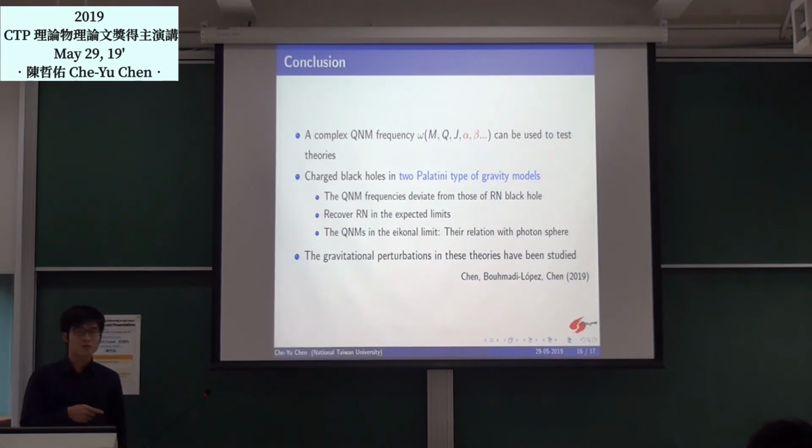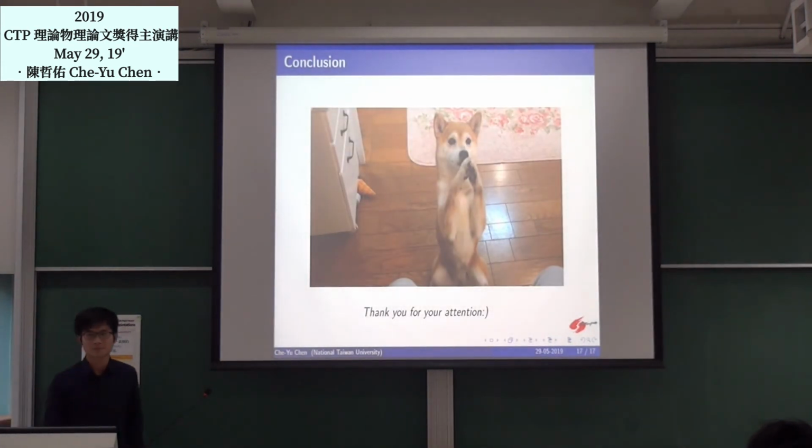And as I said, here we just consider the massless scalar perturbation. But actually, if we want to study gravitational waves, we need to consider the gravitational perturbations themselves. We need to perturb the gravitational equation, like the Einstein equation itself, and we can construct the corresponding potential. Because of the limitation of time, I will not be able to describe our current results on the gravitational perturbation in these theories, which were also published at the beginning of this year. So yeah, that's it. Thank you.